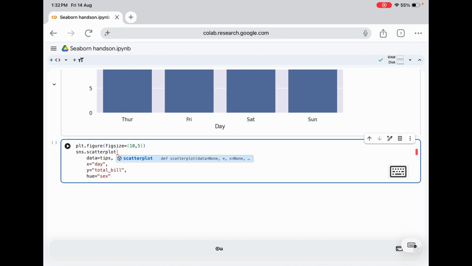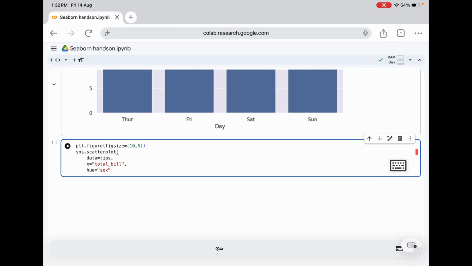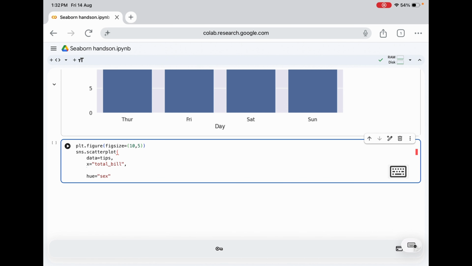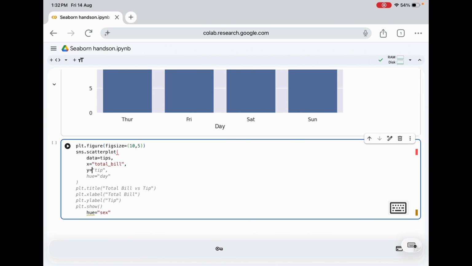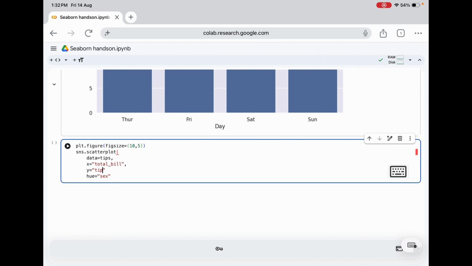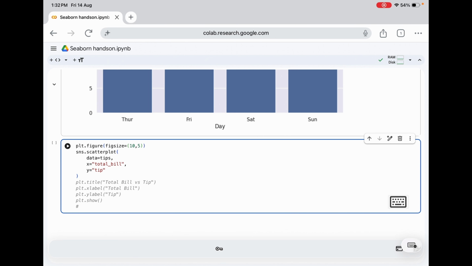Data is tips, x is equal to total_bill, and y is equal to tip. I'm not introducing hue yet, we'll introduce it in the next example. Then again plt.title, x label, and y label.